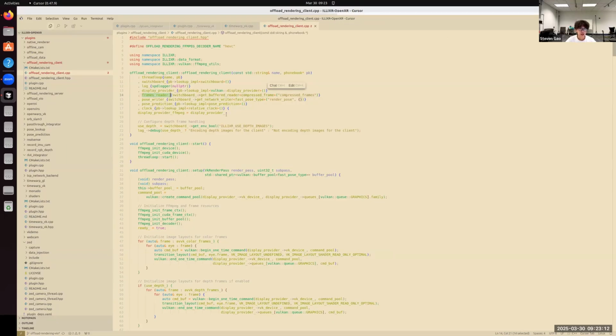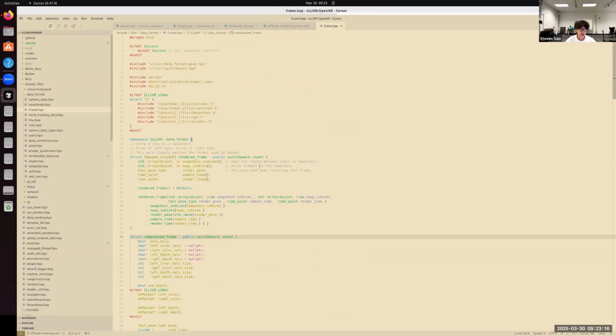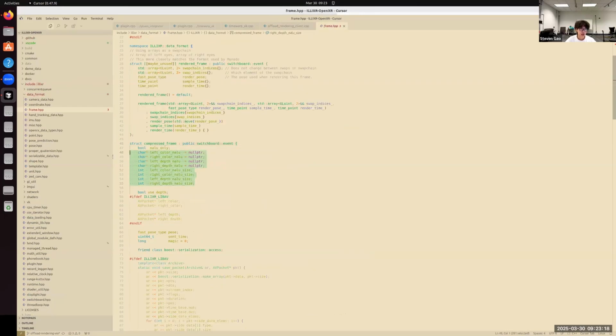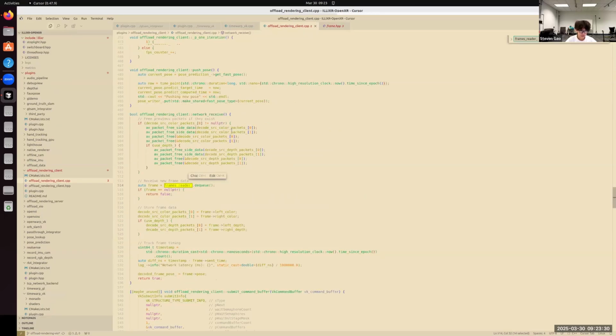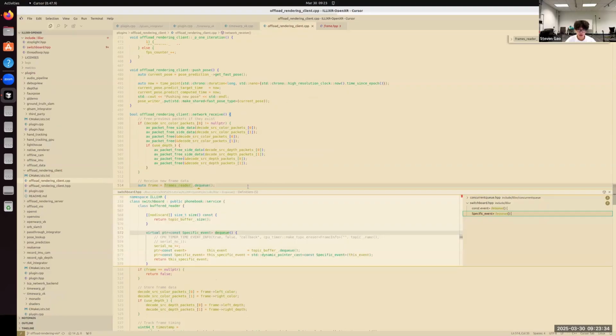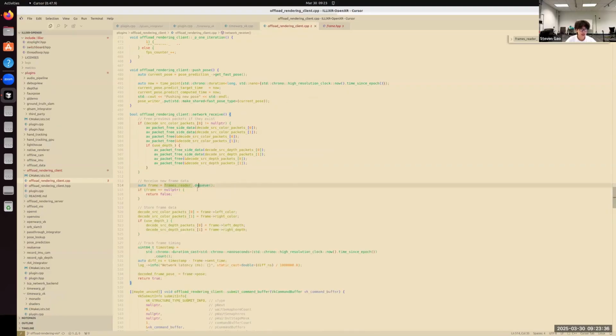The frame reader here gets a buffered reader on the type compressed frames, which contains our encoded frames, and here we need to decode them. Let's see how you would actually use the buffered reader. There's only one function that you would call in the buffered reader, and it is dequeue.